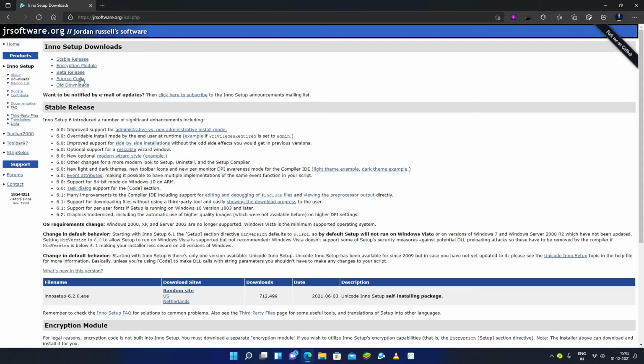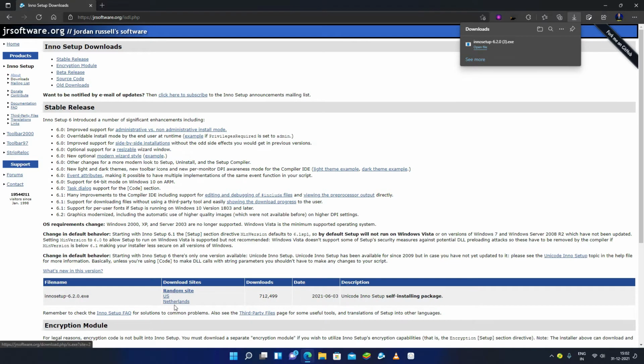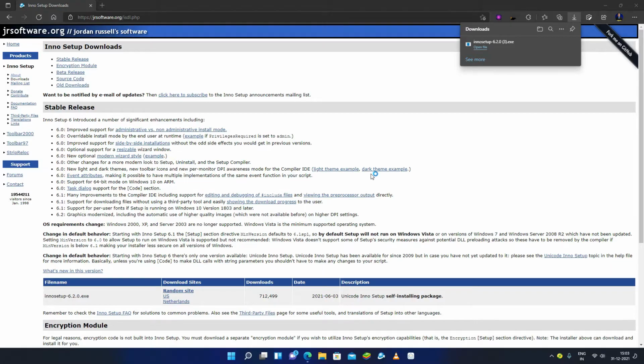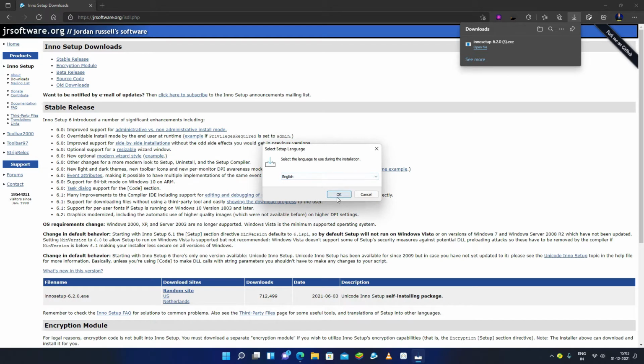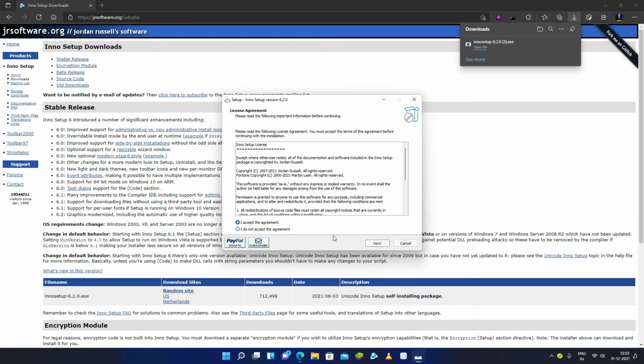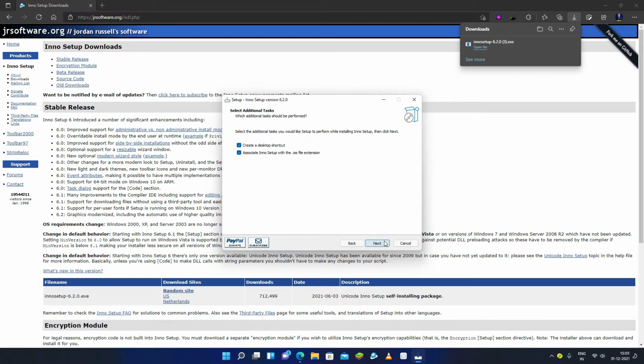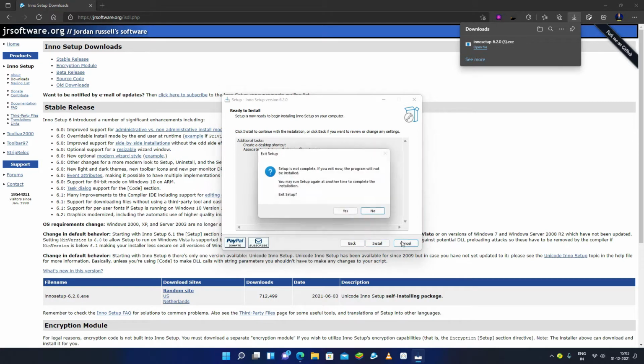This is the official website jrsoftware.org, and you can download from any of the random sites, US site or Netherlands site. These are three sites here, and after downloading just open it and choose the language in which you are willing to install it, accept the agreement, next, and install. I have already installed, that's why I will just cancel it.